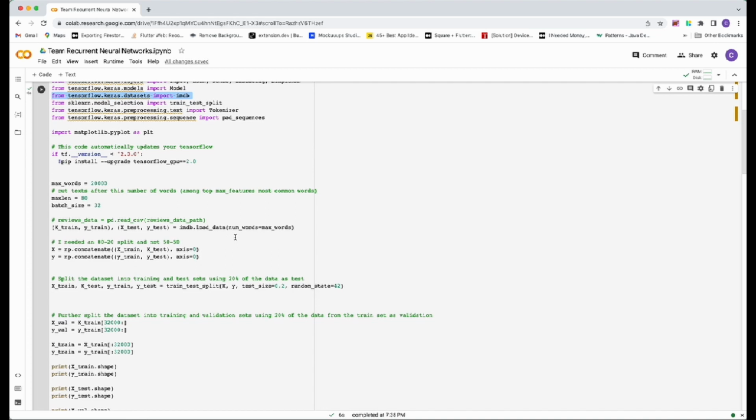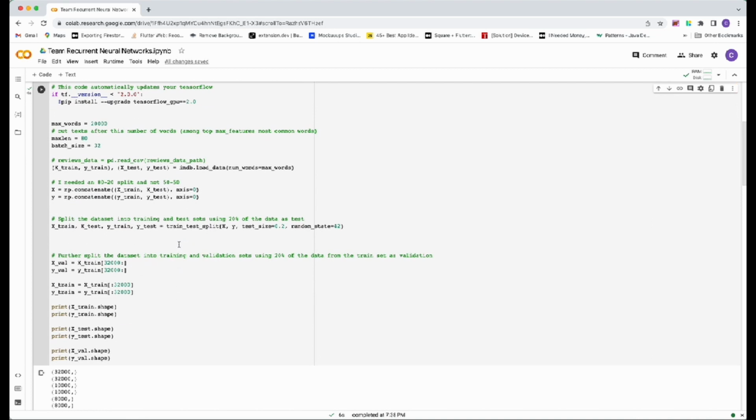I needed an 80% and 20% split. I decided to join the data again and call train_test_split to return an 80% split for training and 20% split for testing. I needed the validation data too, but calling train_test_split on the training data to give me a validation set returns an error of too many values to unpack. I decided to do the splitting manually myself by slicing through the values.